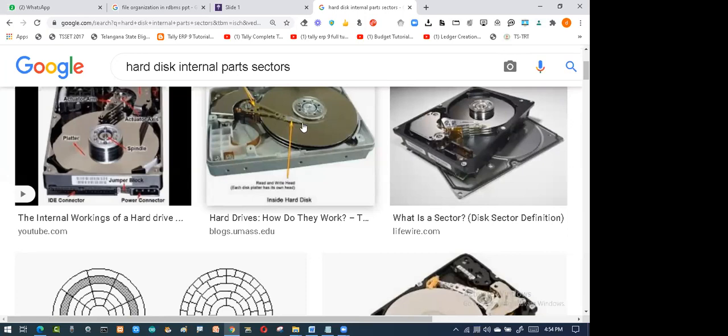The information is transferred, and this pin will jump, or make this plate move, and the pin will read it. But this part you are seeing is only the header part of the pin. It makes us read the data from this particular cylinder, the plate.